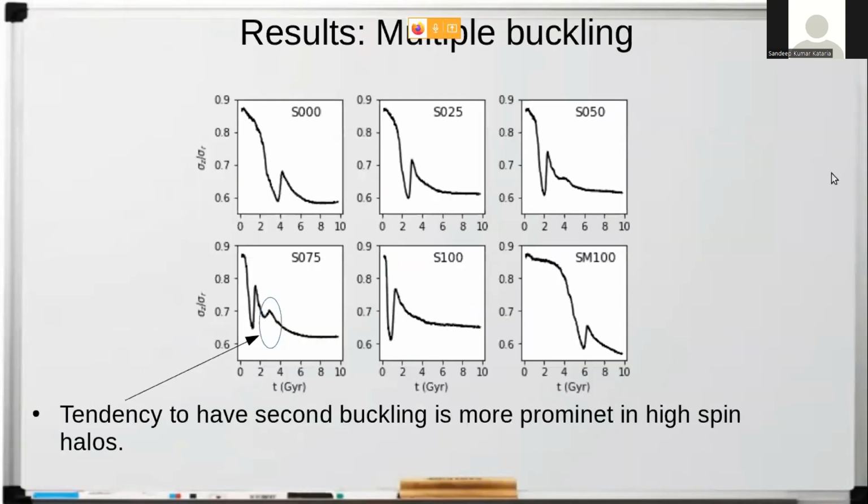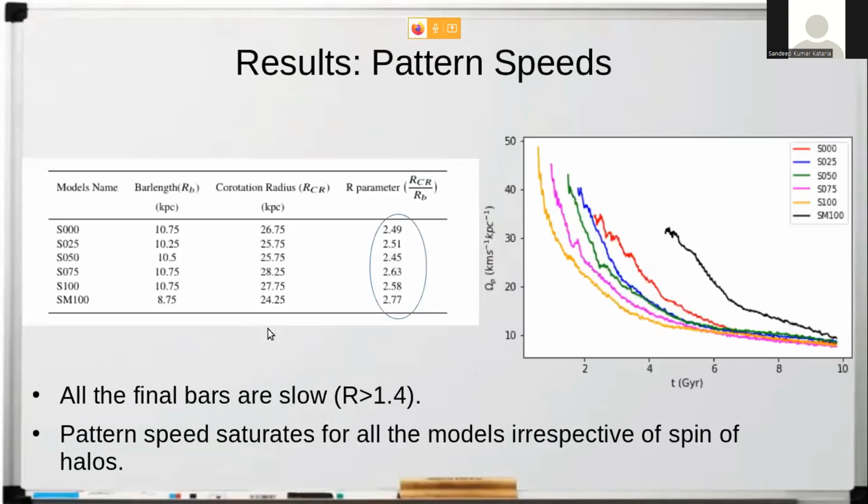Then we also capture the multiple buckling events in the sigma z by sigma r plots, where you can see a dip in sigma z by sigma r as the buckling happens, and you see the second peak is also more pronounced in S075. So high spin cases have more chances of multiple buckling. Then we also looked into the pattern speeds of our models. We see that all the models are initially fast, but as they evolve, we find slow bars, and